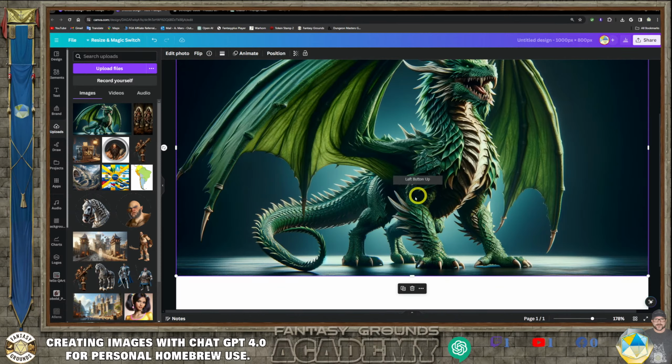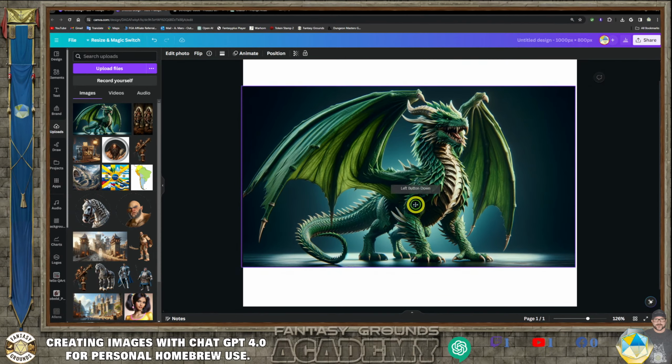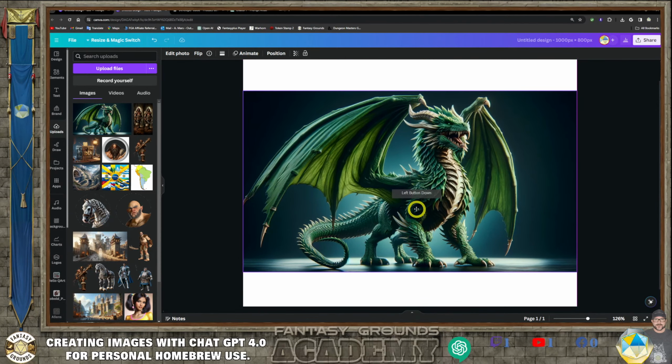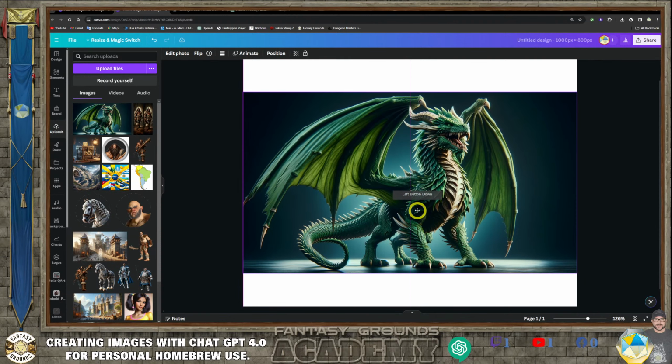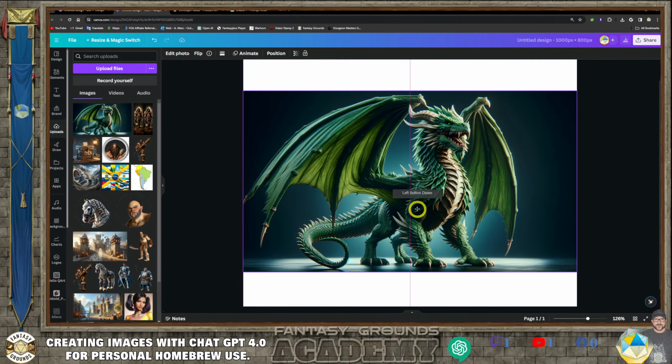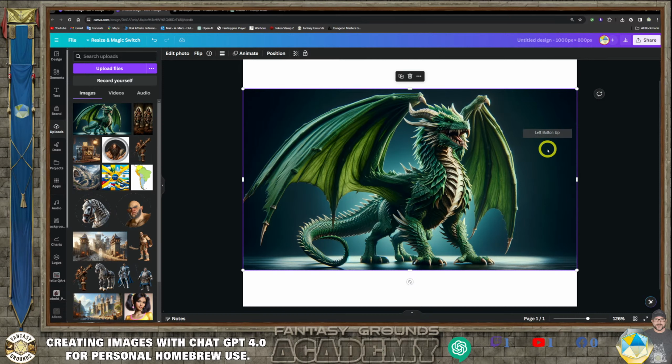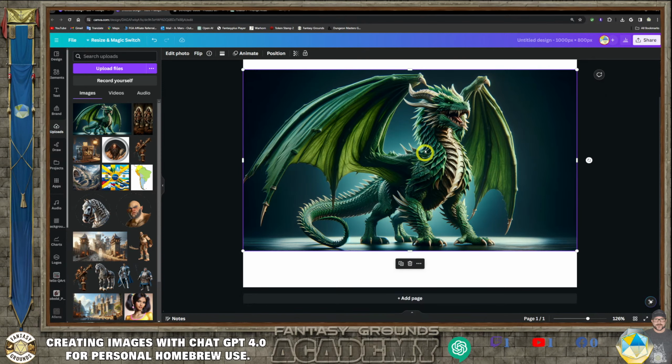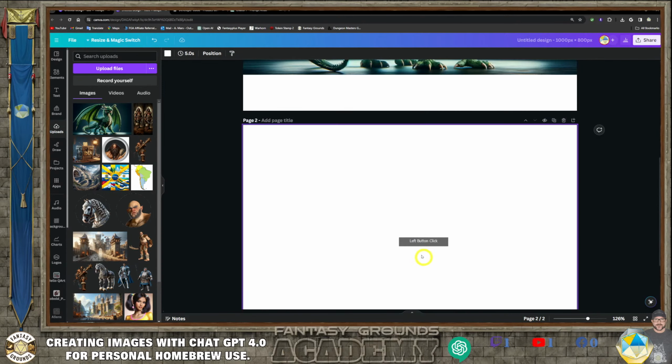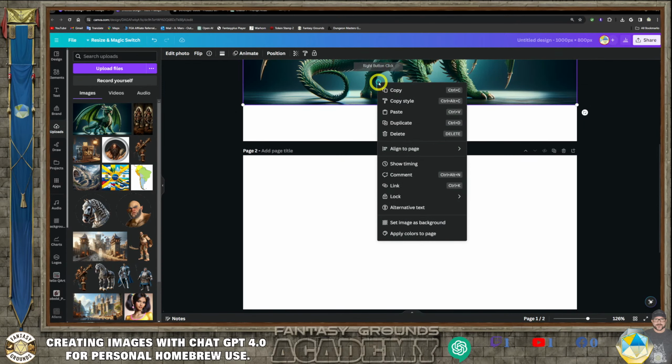So I kind of like this image as it is. This might be the image that I use to display the dragon as is, with hardly any modifications. So I might take this and share this out the way it is. So I'm going to make another version. I'm going to add another page and then just make a copy of this